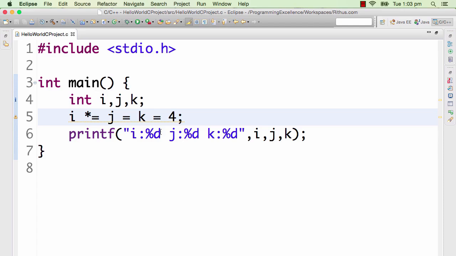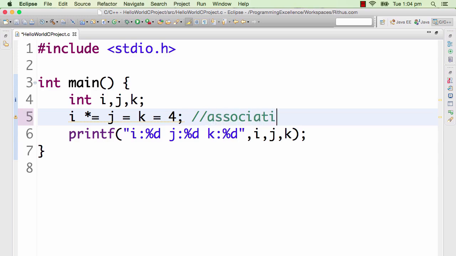Welcome back. Now, what would be the result of this particular expression? i *= j = k = 4. Funny, isn't it? First thing is, you would never face this kind of program in real life. If somebody writes this kind of a program in a project, I'm sure he would not be there for long unless he's playing around. Now coming to the answer to this puzzle, the way expressions are executed is decided by something called